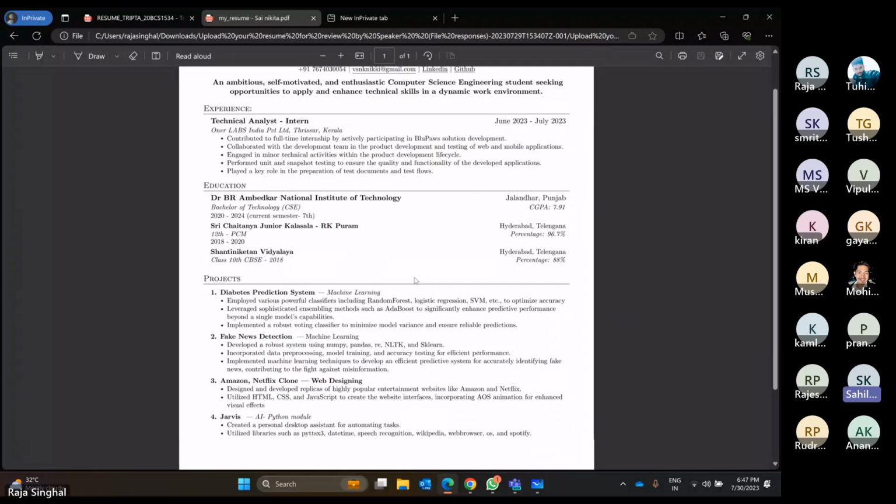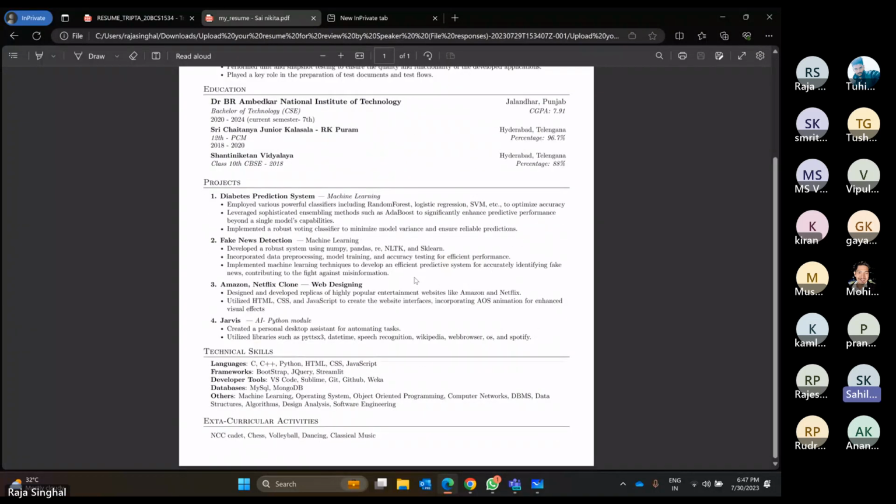And sir, if suppose I have built a portfolio website of my own, can I add that in my projects? Yes, sure. You can add that because if you built that portfolio by yourself, you designed that website, so you can add it because it is a project. Building a website from scratch is a good project. If you use backend things, then it is good, since it shows you are not only frontend but full stack.